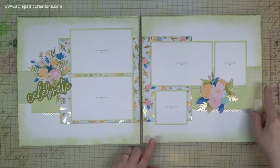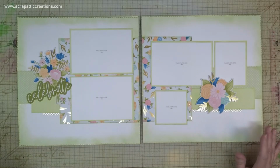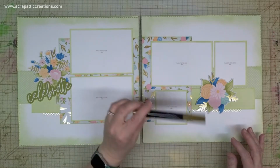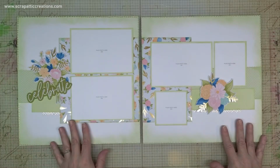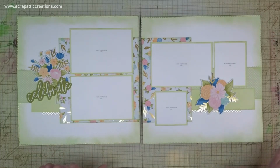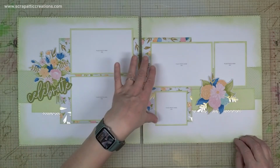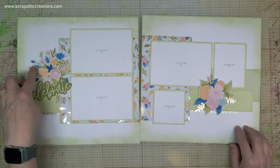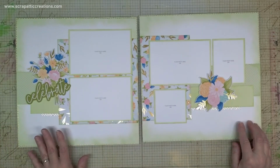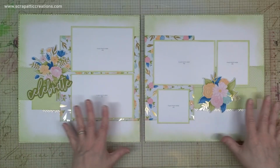You can kind of see that there's a little more green. I'm sure you can see the gold. Then I decided to go with the gold. So I went crazy pants all over this with the gold. I really was wanting it to kind of feel a little elevated with the gold. Because there was gold leaves in this pattern paper, there was gold in this piece, there's gold in these and here. I just thought that added where I didn't have to add other places because it had just this little bit